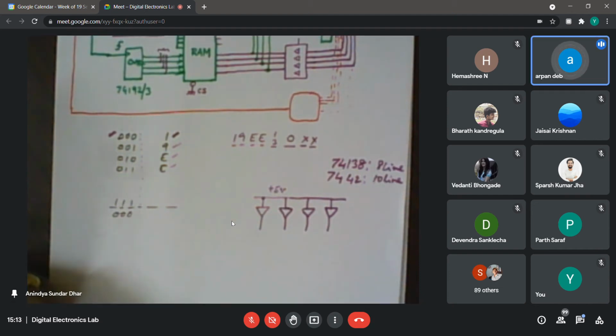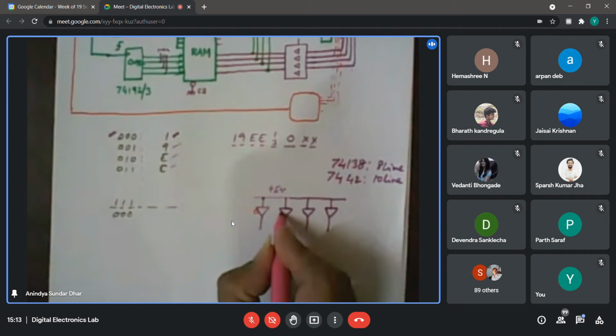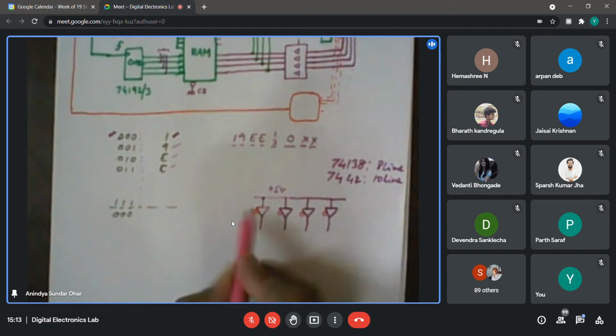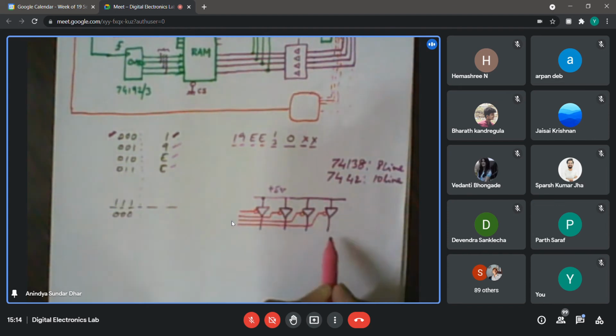Philosophically, it should work. So can I use buffers, just like your 74125 or 126? Then what will be the control signal to the buffer? If I have chosen 125, then the control signals themselves are active low, right? Then I can directly connect them to the decoder, so that whenever it is low, only one of the buffers will become active and it will give a high logic. But that is also not the correct way of doing it, because I do not know whether those buffers can supply that much current. But at least in simulation, I think you may try.